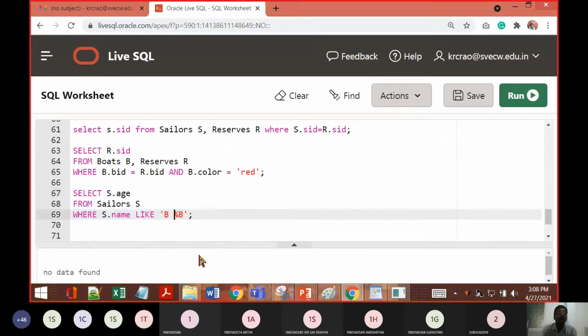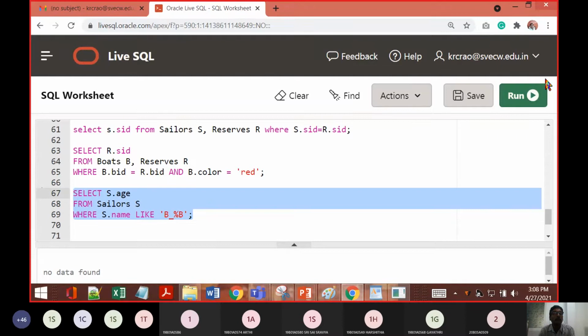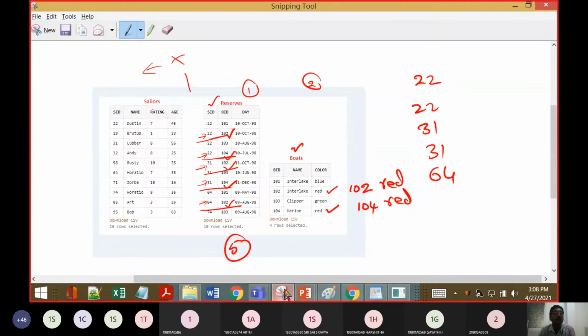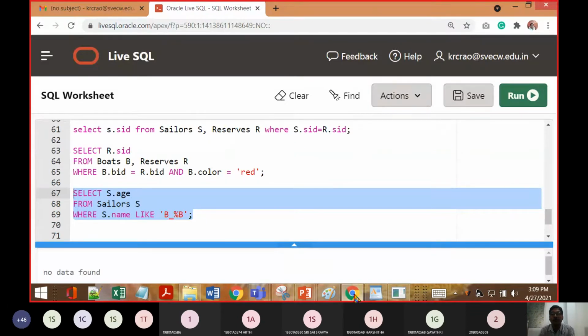No data is found. Let us re-execute it again. So there is no data in the table as mentioned.